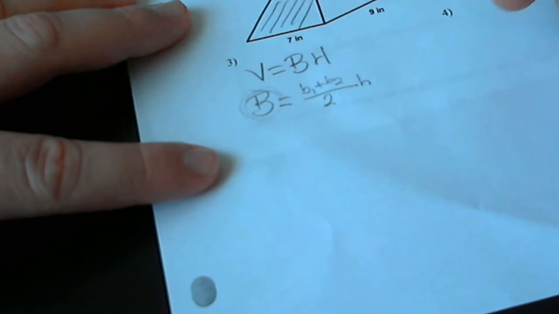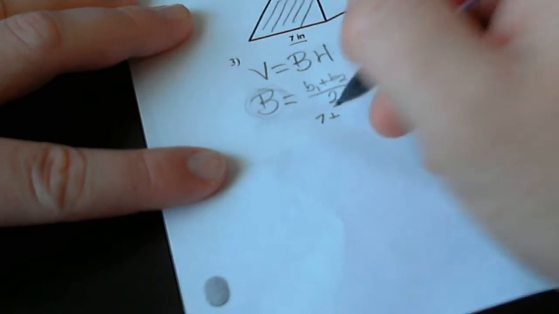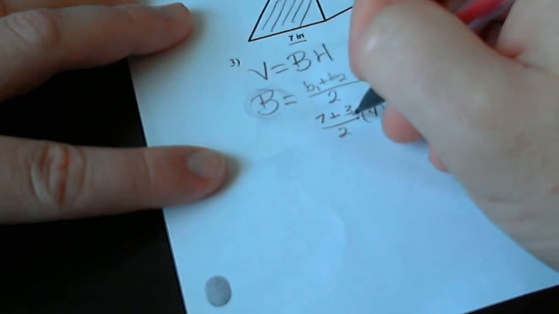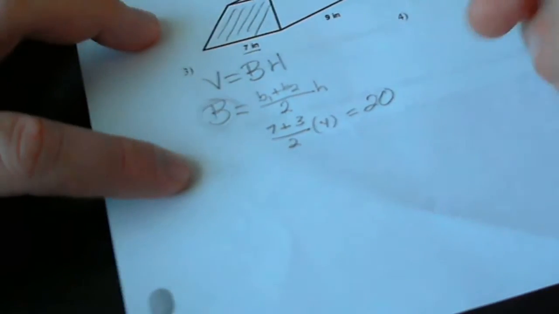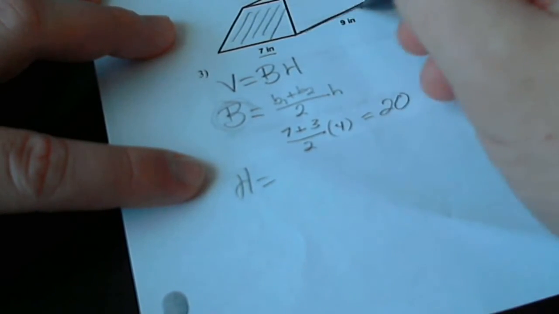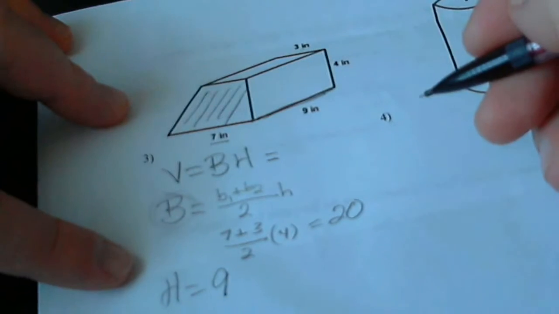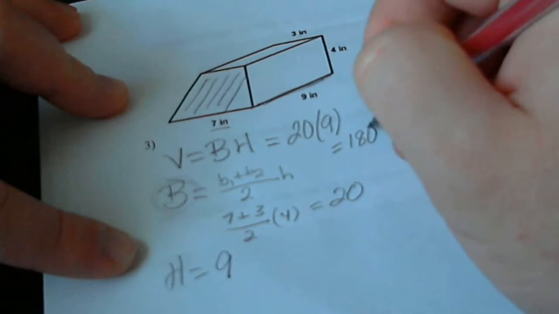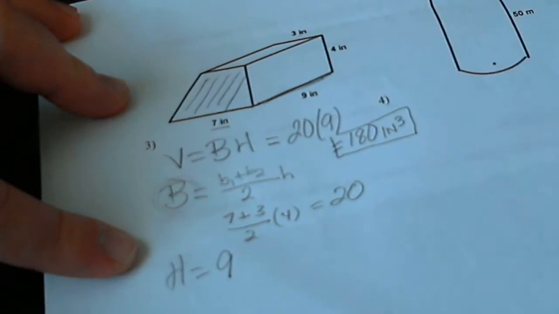Okay, b1 I'm going to call 7, plus b2, which is 3, divided by 2, times how tall the trapezoid is, 4. Okay, 7 plus 3 is 10. 10 divided by 2 is 5, and then we have 5 times 4, which is 20. Capital H, the height of the whole shape, is the distance between the two trapezoids. That's this right here. That's 9. Let's put it all together. B times H is 20 times 9, or 180 inches cubed. Couldn't find my unit there. Okay,